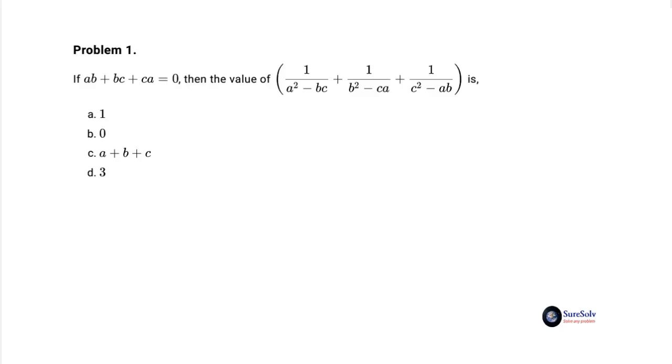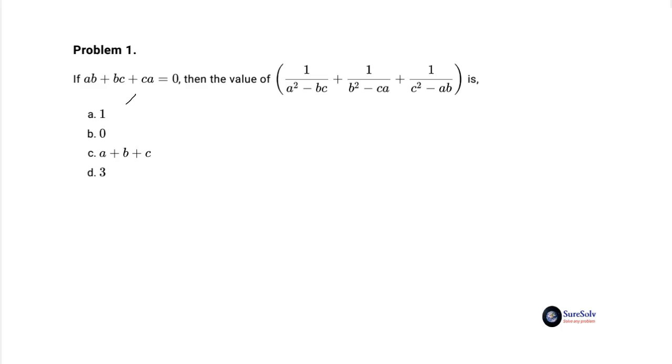Have a look at the problem and try to find a way to the solution. The simple integer choice values tell you that the three algebraic fraction terms can be combined to a simple value. But how to combine the fraction terms? The key lies in making the denominators equal or as similar as possible.